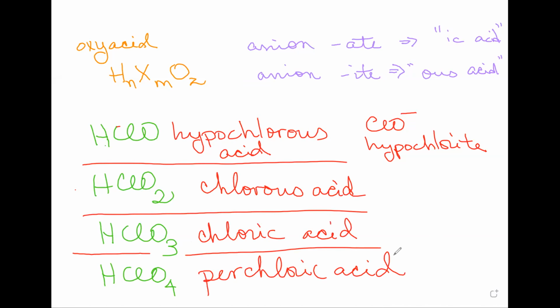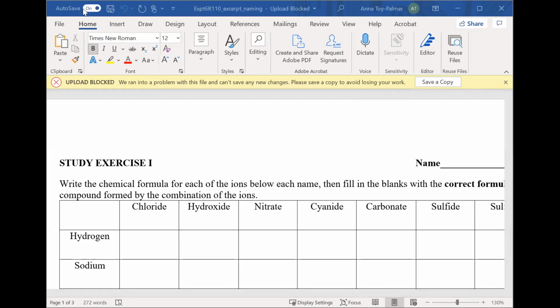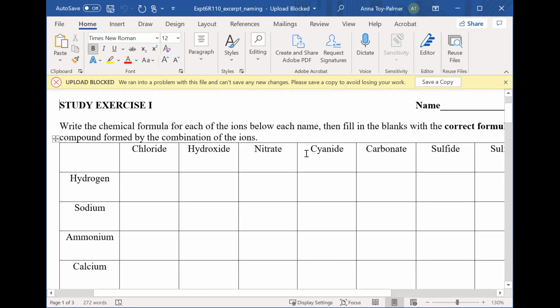So we just finished all the naming that you need to know, except for hydrates, but we'll do hydrates next time. Now I'm going to do one other thing, just to give you a heads up on how to do it. Share screen. Where'd I go? All right. So these are your naming sheets. And I just wanted to quickly go through, not naming all of it with you, but just what's expected out of it. Okay. So when you fill out this table